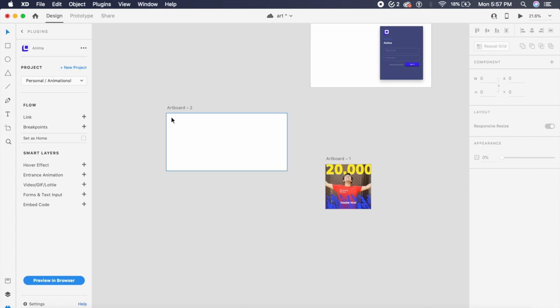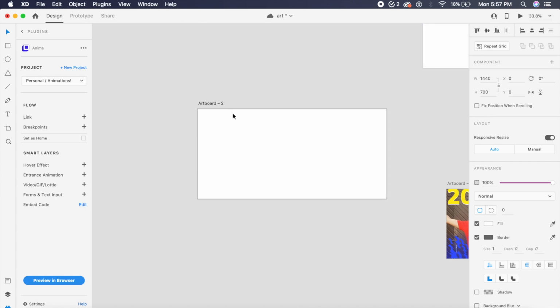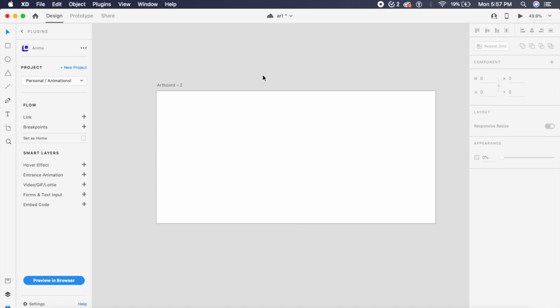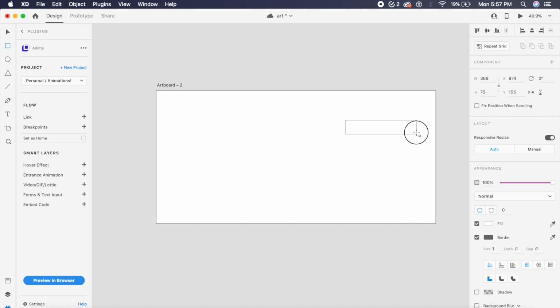Now that was the animation. Once we open this, we'll be able to see the animation. But before we do that, I'll quickly create a quick form here, which works in our case. So this is our input 1, which is our email ID.